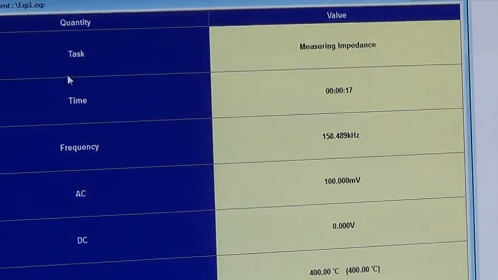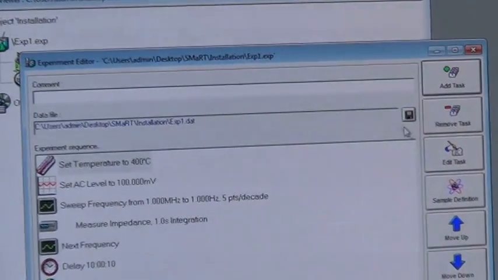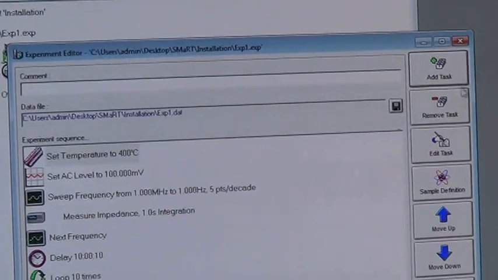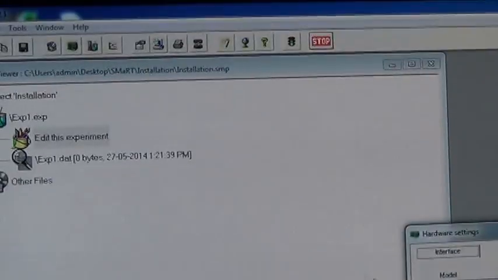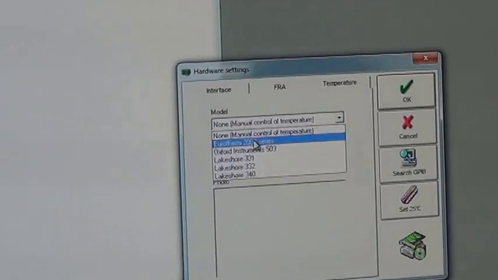Like if I do this experiment, with all these settings, I put this temperature controller to, for example, something like this. Now I run this.